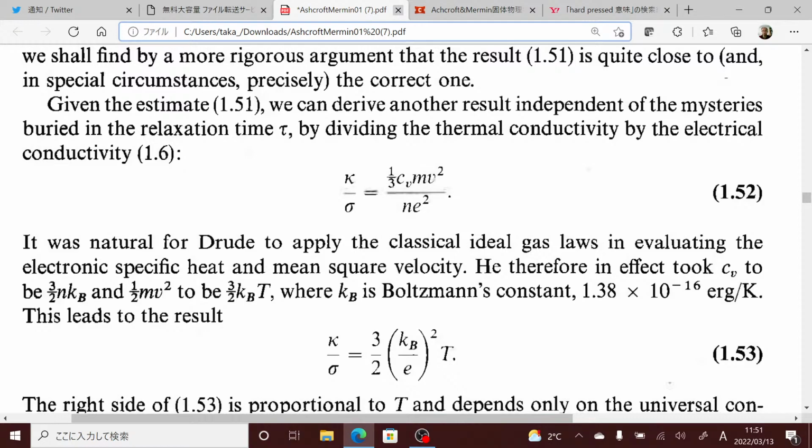He therefore in effect took c_v to be 3/2 n k_B and 1/2 m v squared to be 3/2 k_B T, where k_B is Boltzmann's constant, 1.38 times 10 to the minus 16 erg per kelvin. This leads to the result